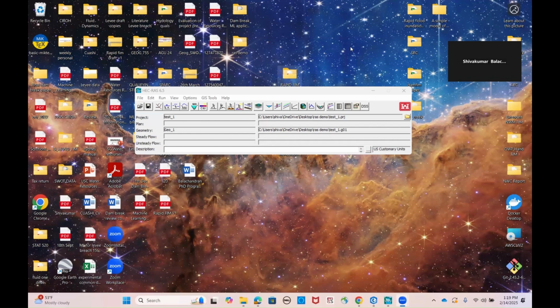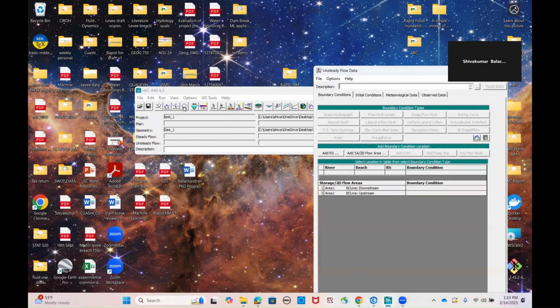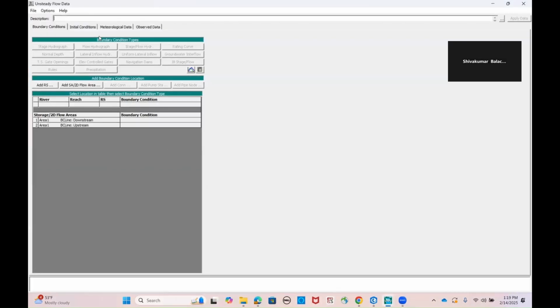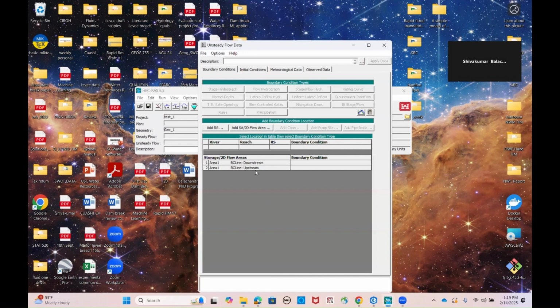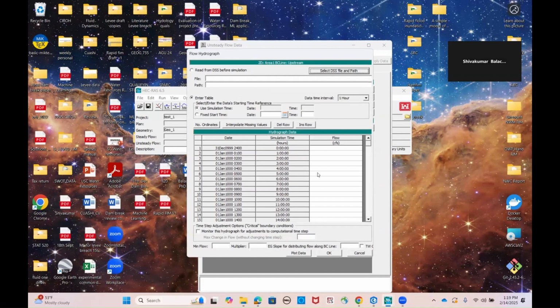Now it's the last and final step for setting up the HEC-RAS simulation, which is setting up the unsteady flow simulation. Here you can see the third option, QOT, that says unsteady flow data. And once you open this, you get to see the boundary conditions that you already created. The upstream one, for which we can use the flow hydrograph. Here you see the flow hydrograph